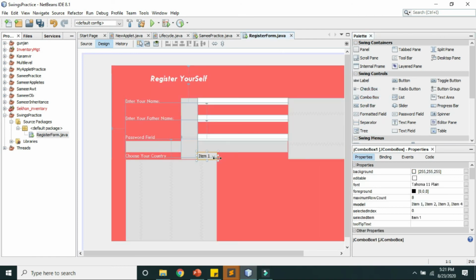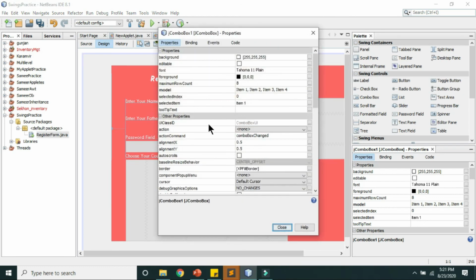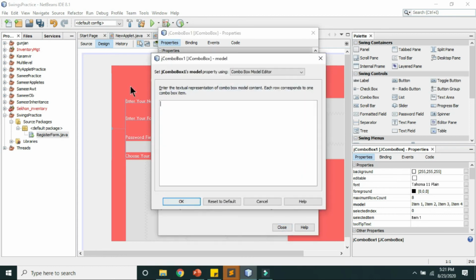So click on it and then right click on it, go to properties, and then you will see a model property here. Remove all these things, then I'll choose Pakistan, USA, and South Africa. You can place as many controls as you want here.